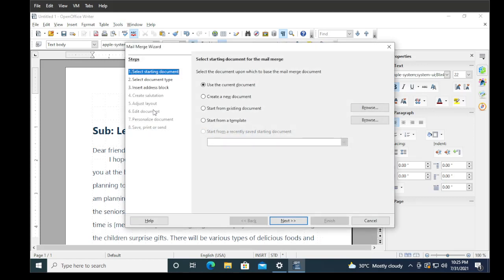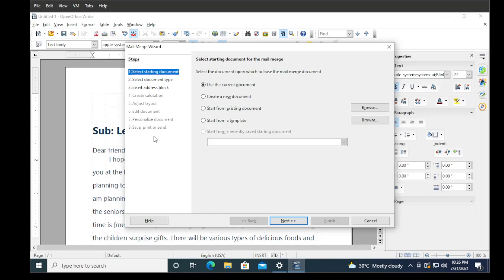So we create the mail merge using the mail merge wizard. The mail merge wizard is a very easy way to create a mail merge. Wizard means a step by step procedure of anything. Mail merge has 8 steps.